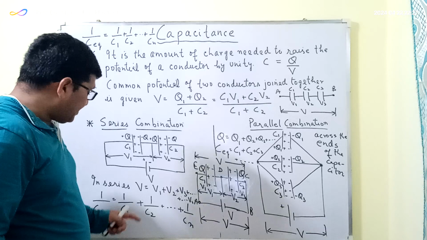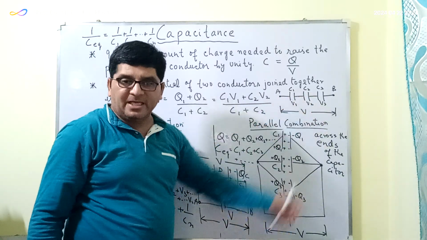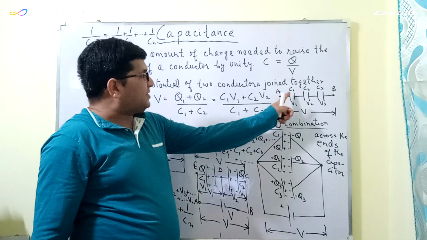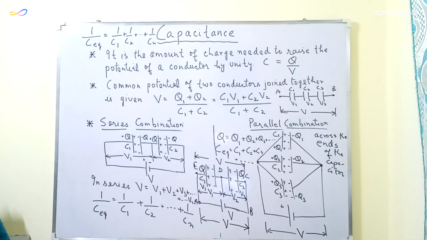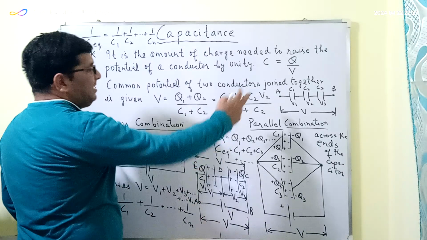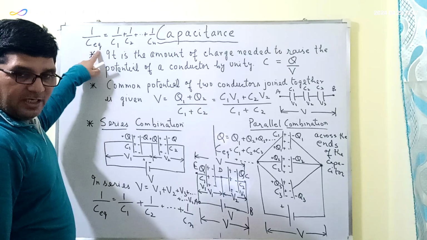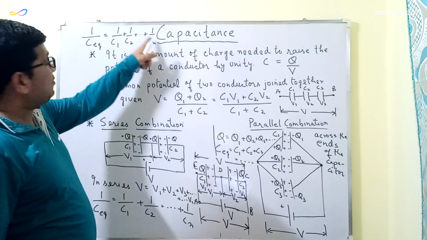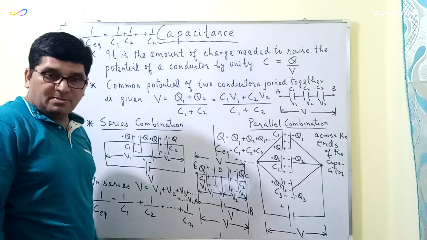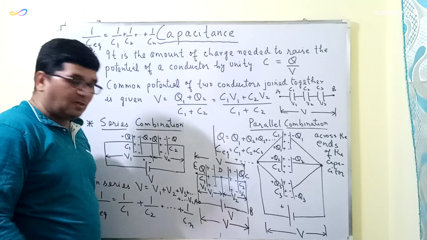And in the series combination, the equivalent capacitor, अभी ये तीन आपके सीरीज में लगे हैं. इसका कैपेसिटेंस C1 है, इसका C2 है, C3 है. ठीक है? What will be the net capacitance? Net capacitance क्या होगा? This will be equal to 1 upon C equivalent. C equivalent is the net capacitance. 1 by C1 plus 1 by C2 plus 1 by C3 and so on. So these are the three important points in the series combination.